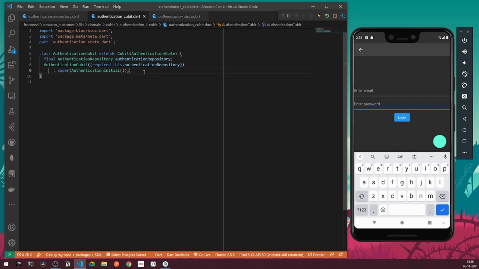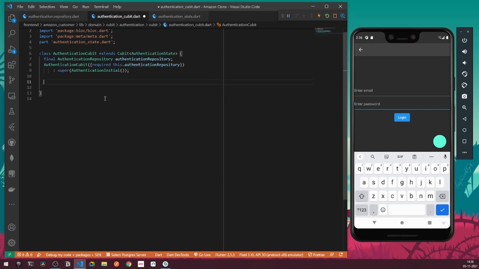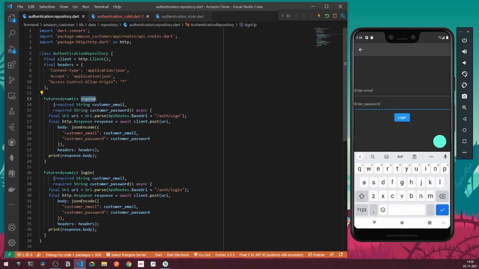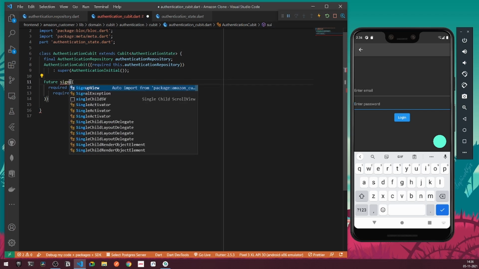Now once this thing is done, we need to create some wrapper methods around these functions. So for that purpose, I can simply create a new future method. So let's call this future method login. We should be having the same names around the wrapper and also the base method. So now let's copy the credentials. The following credentials are this one, and also I can call it a sign up method.